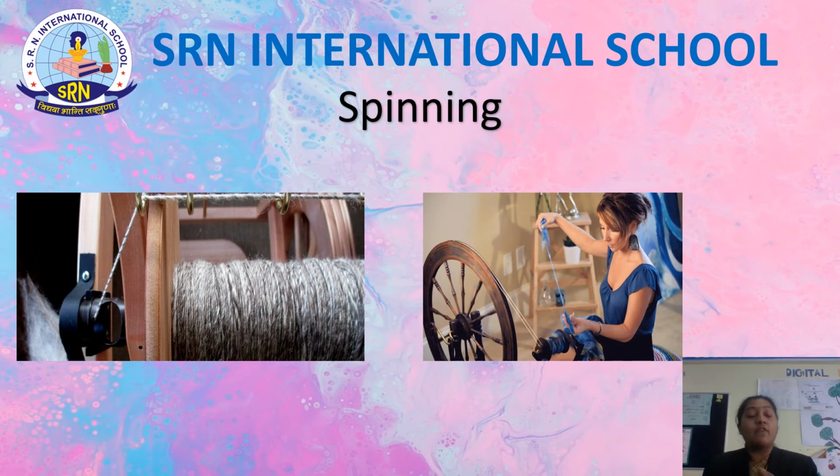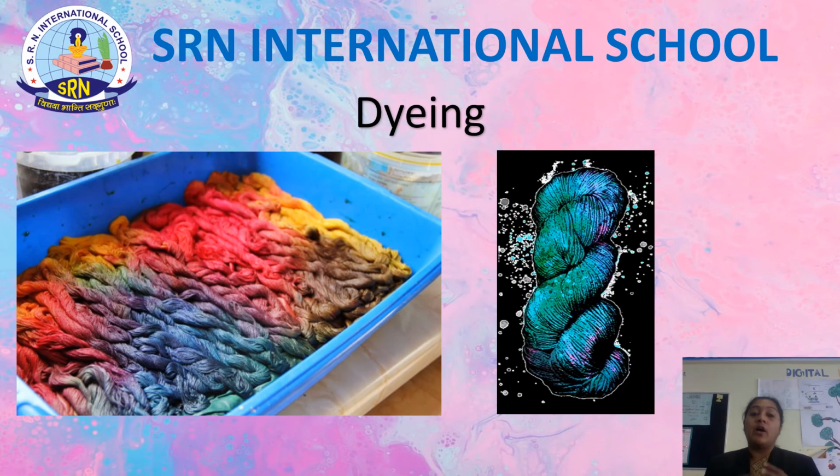Whatever wool we have obtained from carding or combing is then spun on a wheel and converted into yarn. And the last process is dyeing. After obtaining the yarn, it is usually colored because the fleece on the hair of the animals is usually cream or white or brown or it may be gray. Right, so to make the yarn colorful, the process of dyeing is done.